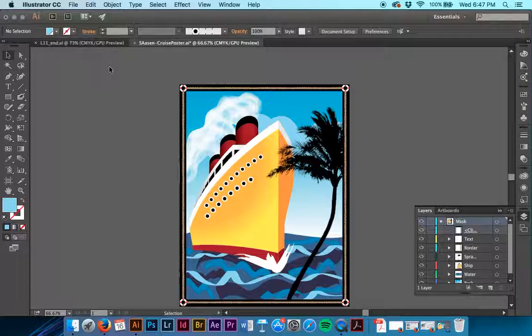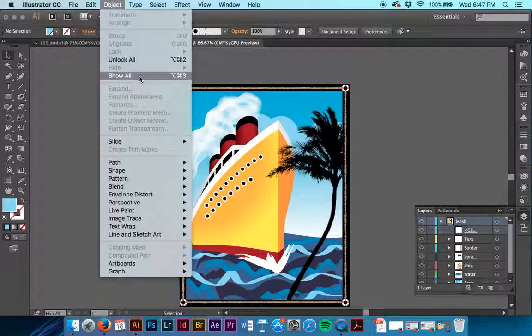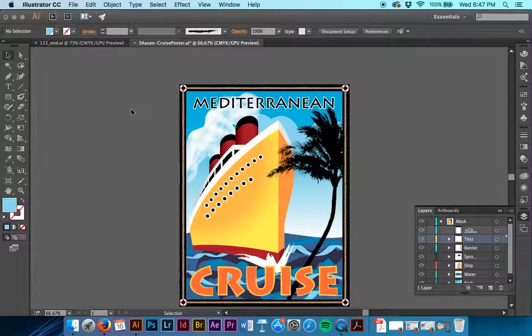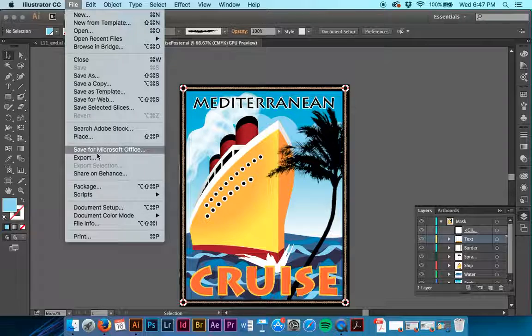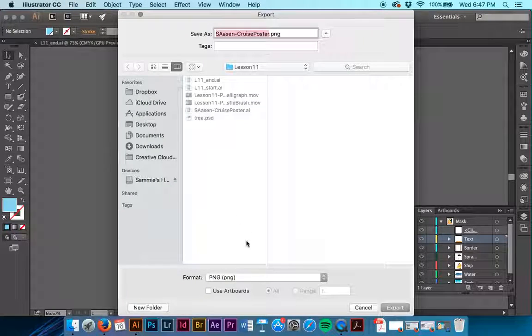And then the next thing we're going to do is Object, Show All. Looks cool. Do a Command S to save. And then you will do a file export and you are done with lesson 11 and play on the brushes. So after this lesson, please play around with brushes more. That's something you may want to consider using for your logos. So let's do an export,